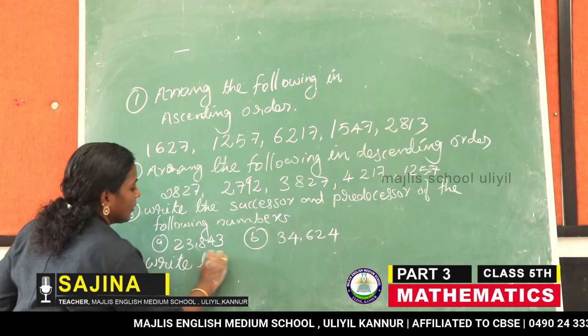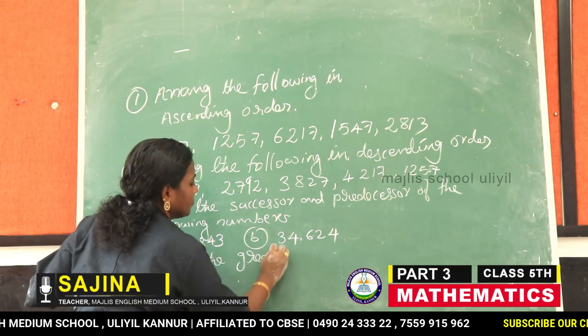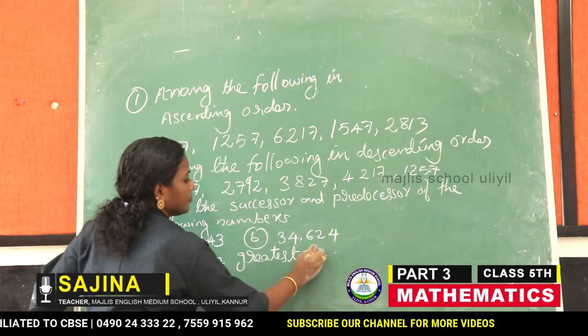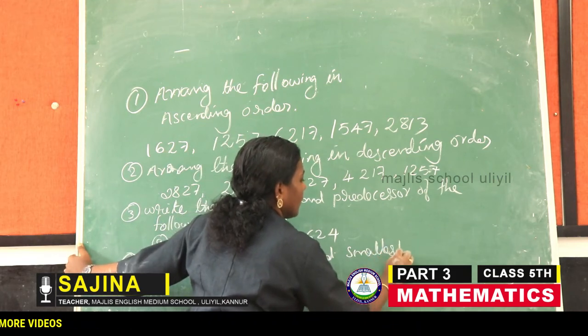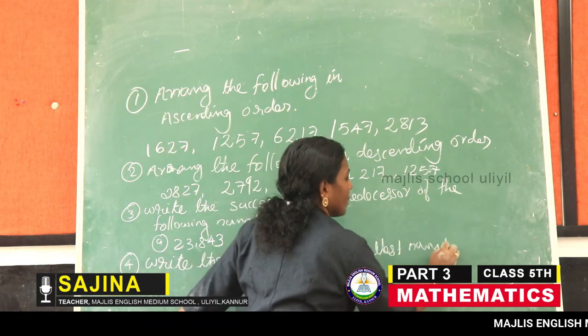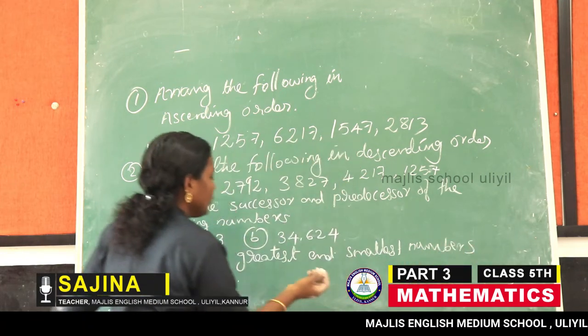Write the greatest and smallest numbers using the digits